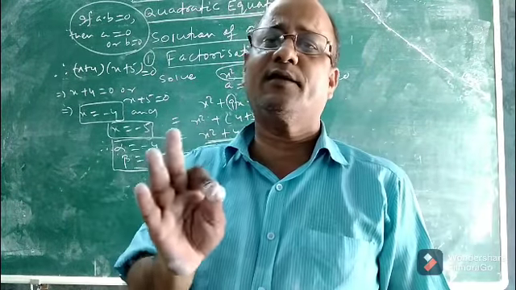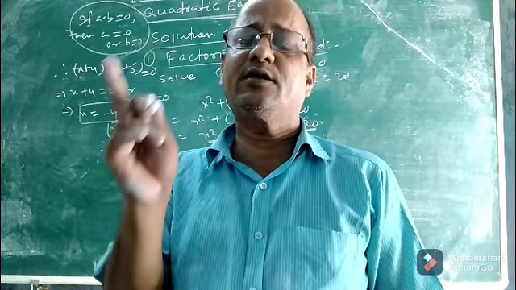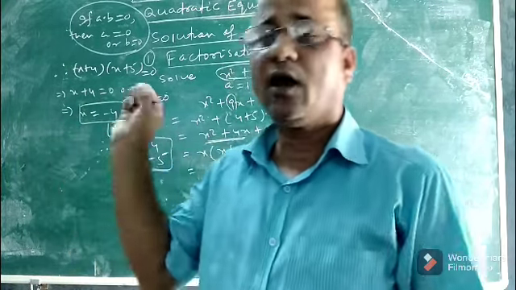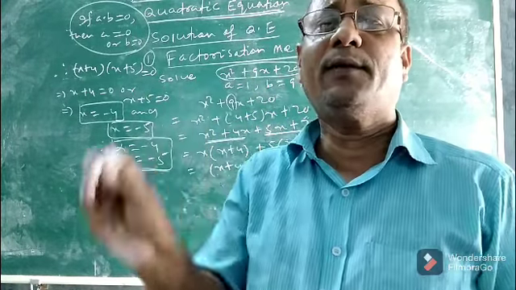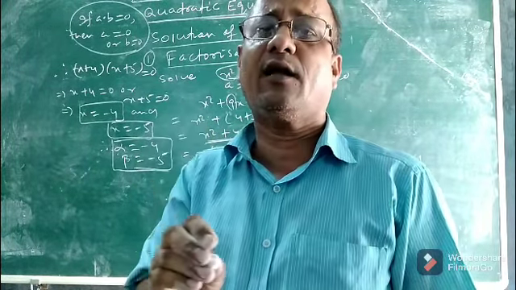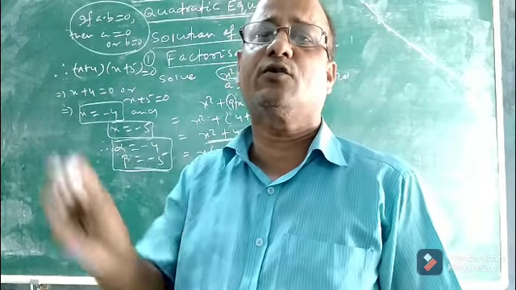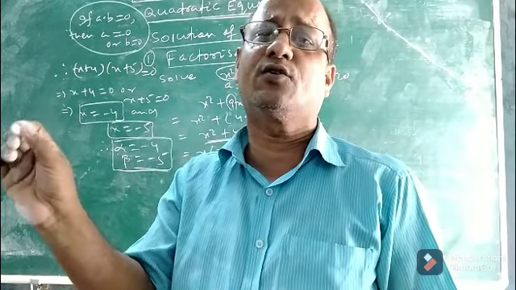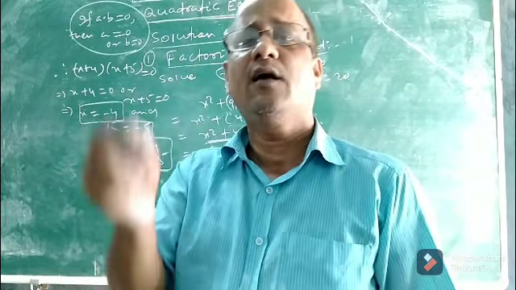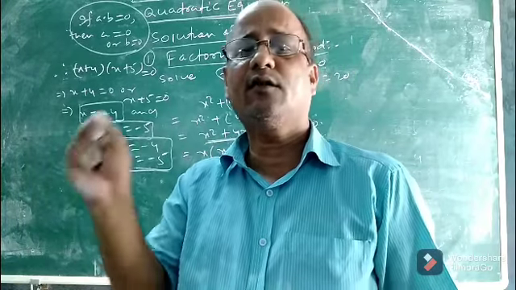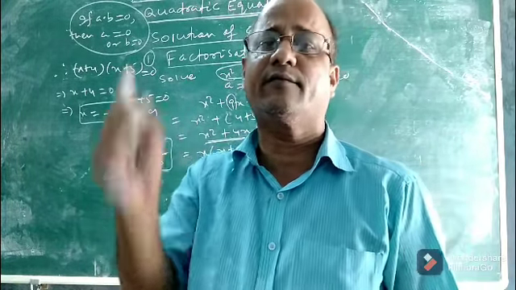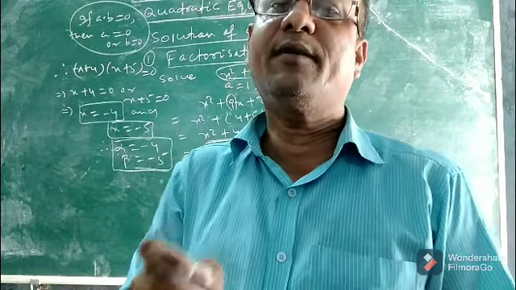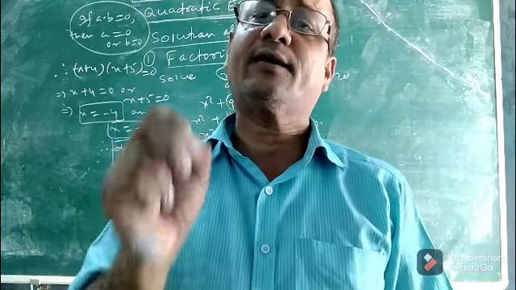So in the factorization method, what is the principle? Once again I am saying, the left hand side, which is a quadratic polynomial, first you factorize it using the splitting the middle term method, and how it is done, I just explained to you. Then after splitting the quadratic polynomial into two linear factors, take the product of those two linear factors equal to 0, so that each linear factor will be equal to 0. By that you will get two linear equations, and on solving you will get the values of the unknown variable, either x or y, whatever the variable may be in the equation. So this is the principle of solving a quadratic equation by the factorization method.